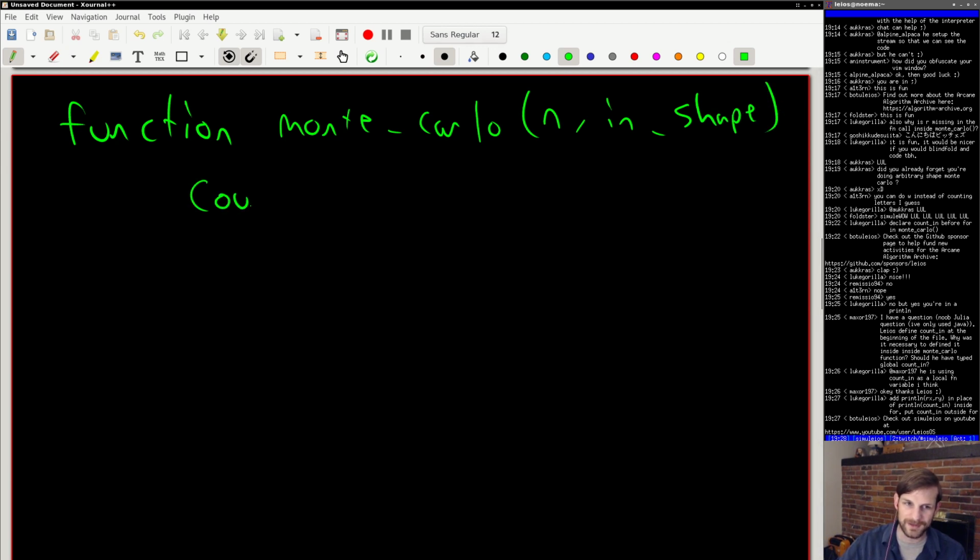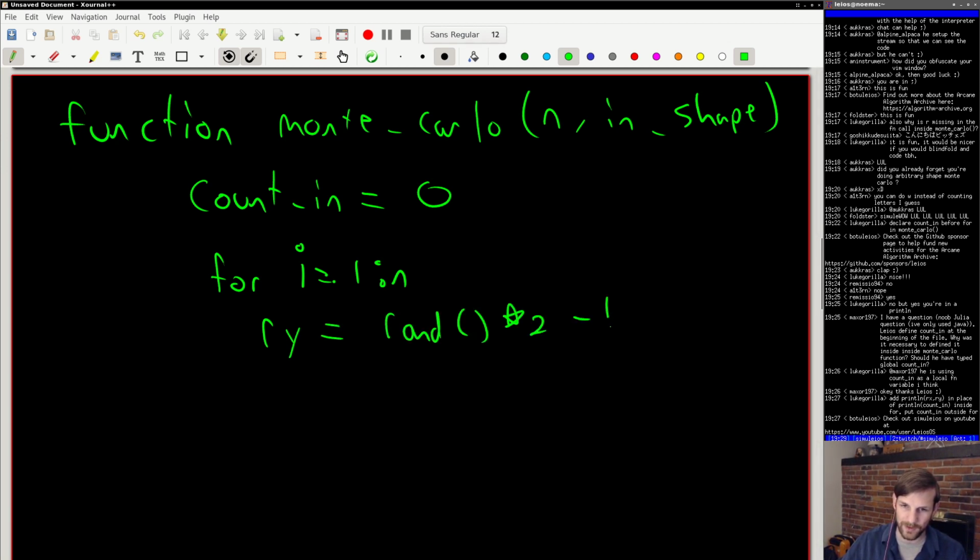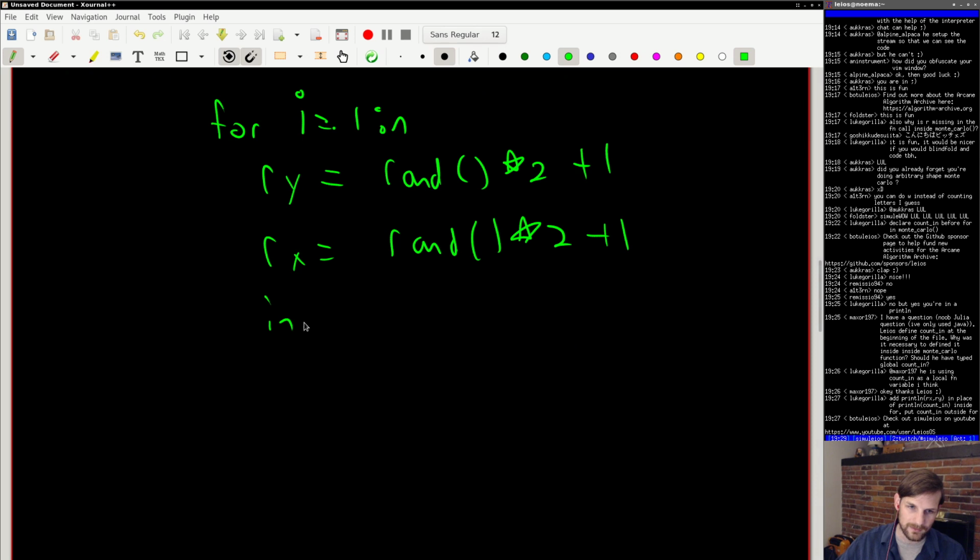Then I think I have count in equal to 0, for i equals 1 to n. We're going to say r. I think ry was accidentally put in front of rx, equal to rand times 2 minus 1. And then rx is going to be equal to rand times 2 minus 1. It should be plus 1. Sorry about that. Okay. And then we say if